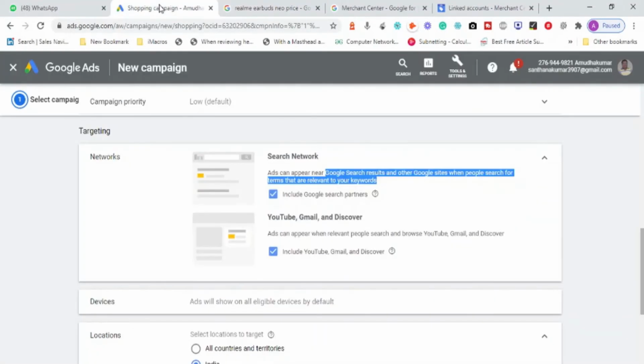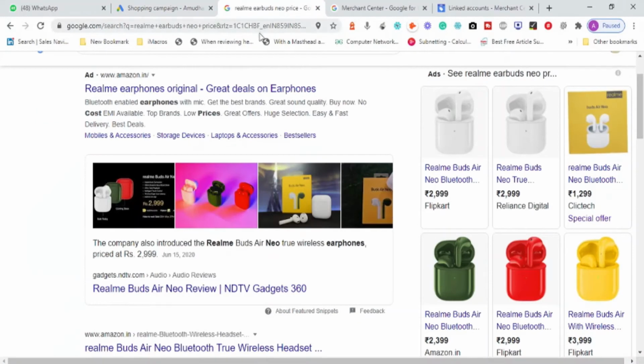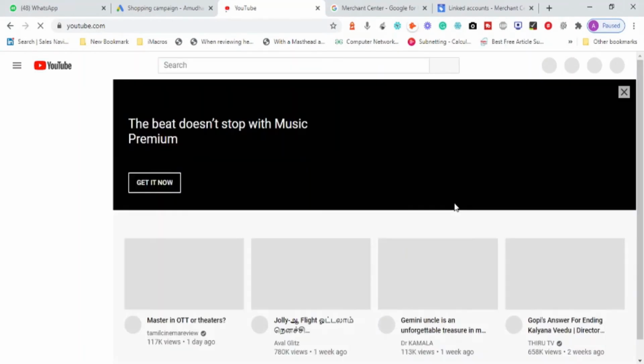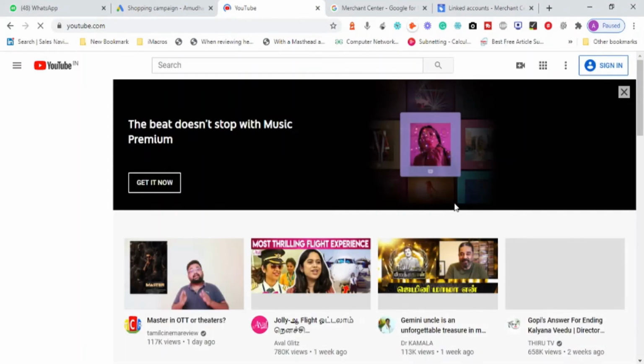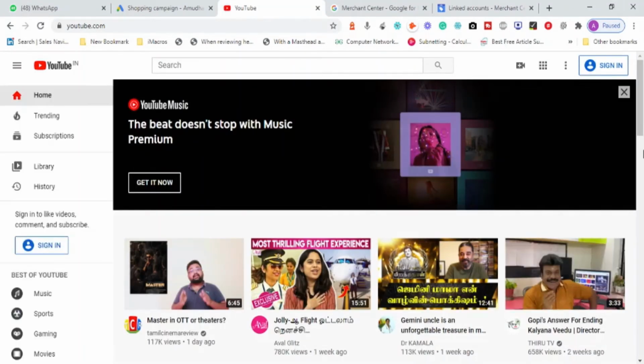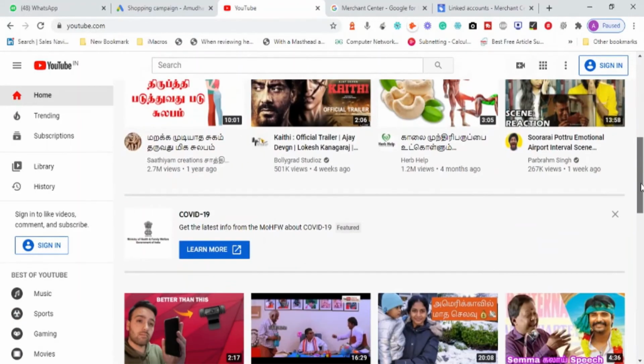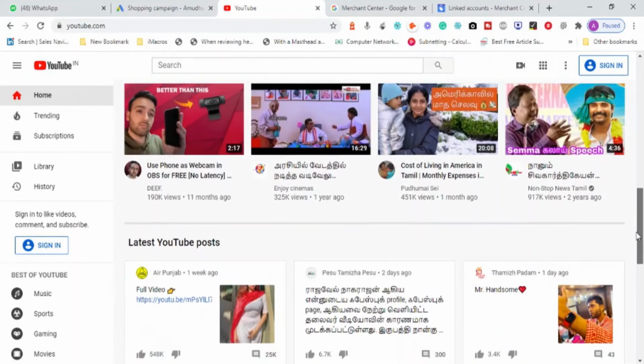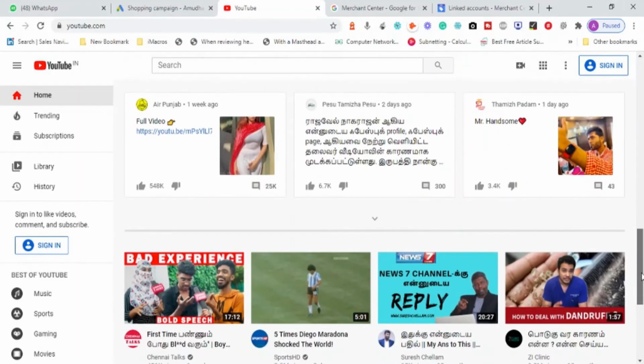And it can also be shown on YouTube. Once you go to youtube.com, on the right side corner, in the home page of YouTube, you can see some advertisement being shown. Here it is not shown. Sometimes once you log in, it can show this advertisement here. So basically this is